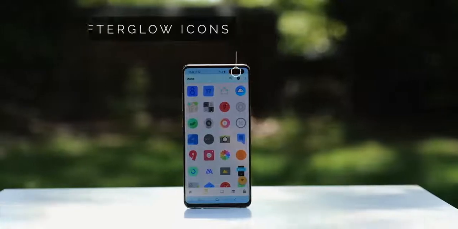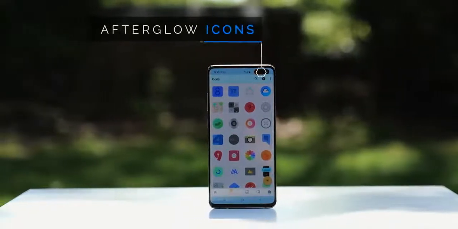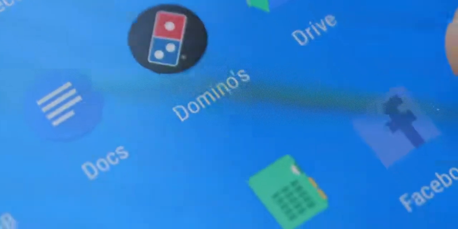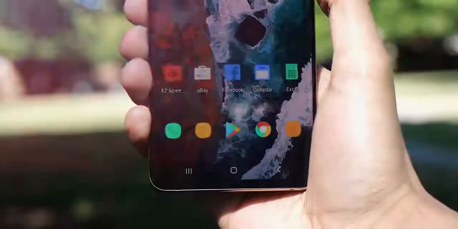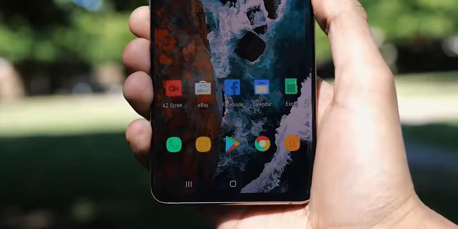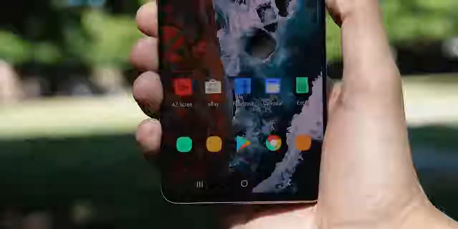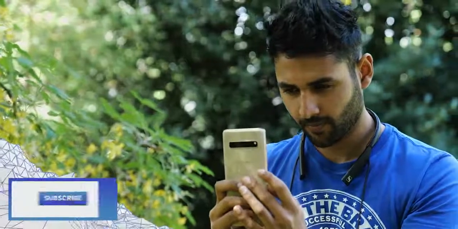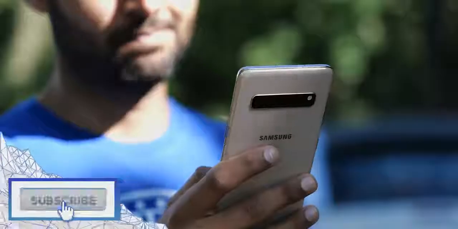We've then got Afterglow, which is a newish icon pack based on pastel colors and high vibrance. Each icon has a really subtle glow, and I think it's an amazing balance of sticking to what works in terms of material design, but then also pushing the boat out just enough to feel fresh. So, I think I've ended up giving you guys 11 apps. I got a bit carried away while filming, but